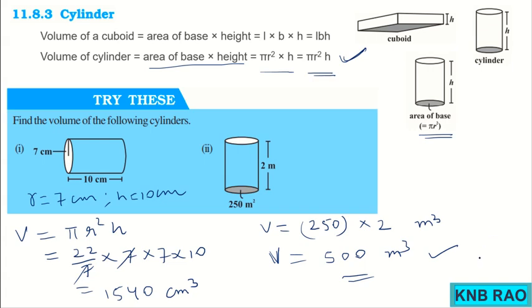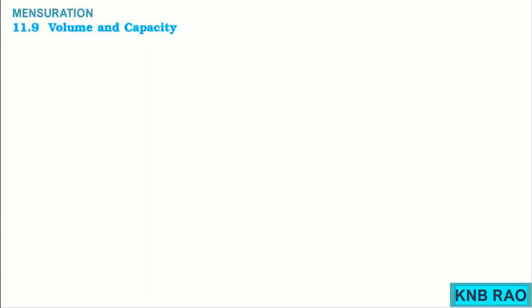Now we will go for another important topic called volume and capacity. Children, you might have come across the word capacity normally in the case of water tanks or water bottles. What is the capacity of a water tank? That means how many liters of water it holds. What is the capacity of your fuel tank? The fuel tank in your car, or maybe in your moped or your bike. Normally we refer to capacity as how many liters of petrol or diesel it holds.